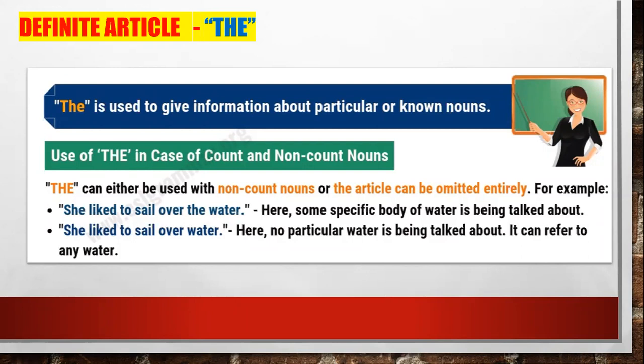So notice the difference. When you use the, you're determining, you're specifying, you're talking about a particular quantity or body of water. But if you don't use the, you're talking about any water, no? Any body of water. So notice the difference. Sometimes we get confused because in our language, in Spanish, we use the article for all the cases. But don't forget that in English, sometimes we're going to omit the article the. All right? Now,